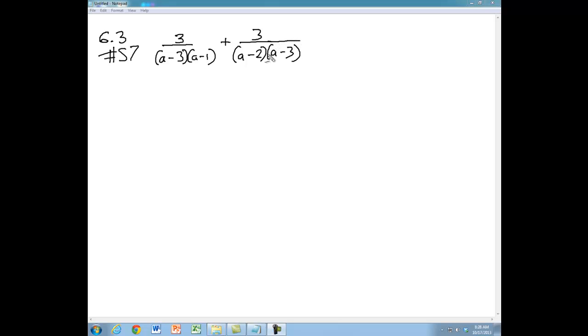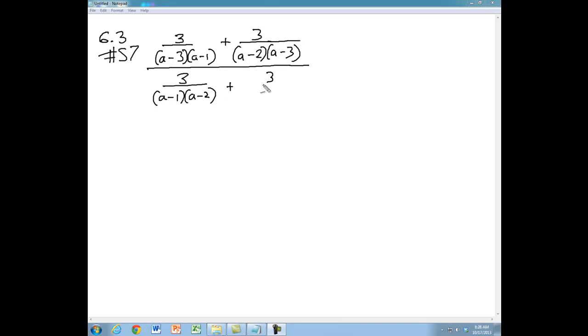One of the more common mistakes in this problem is that instead of having the minus 2 and the minus 3, you have incorrectly a negative 6 and a positive 1. If you want to get a positive 6 for your last term and a negative 5 for your second term, this is the correct factoring. And this is all over 3 over a squared minus 3a plus 2, or factored, a minus 1 and a minus 2,